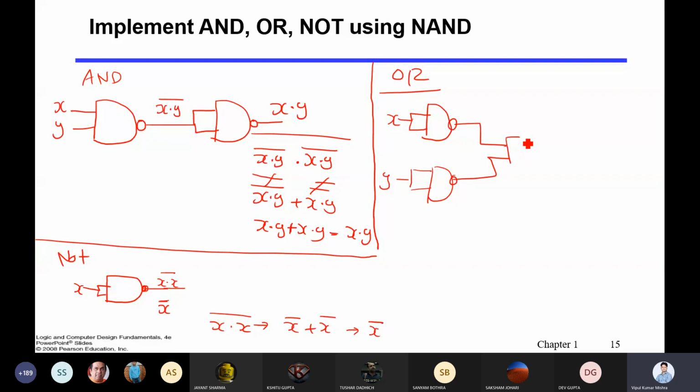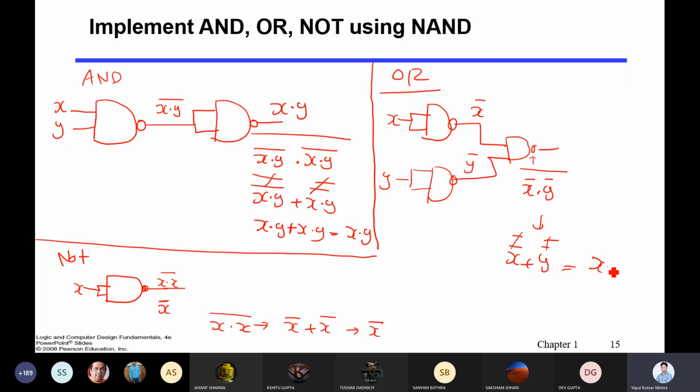These bubbles are always important. Now what will be the output? You will get X bar as per this law, and Y bar here. Now you are doing NAND, so you get X bar dot Y bar, the whole bar. Once you break this, you get X bar bar plus Y bar bar, and both bars will be cancelled.